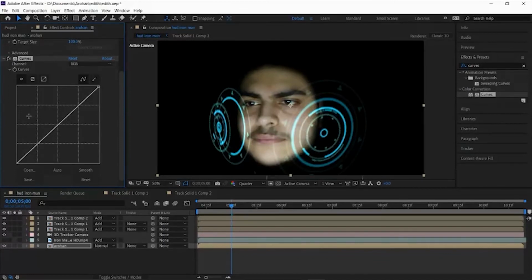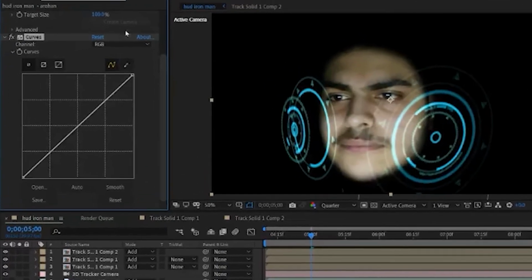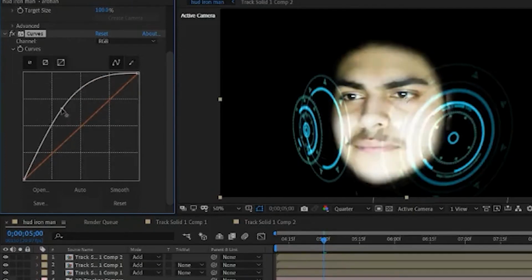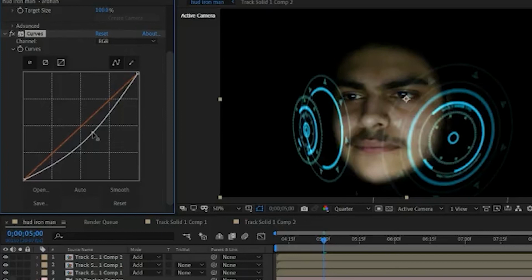A graph will be there. If you know Photoshop, you will understand what this does, but I'll just give you a brief idea. If you select this white line and move it upwards, then the light intensity is increasing. If you decrease it, it's getting a little bit darker.